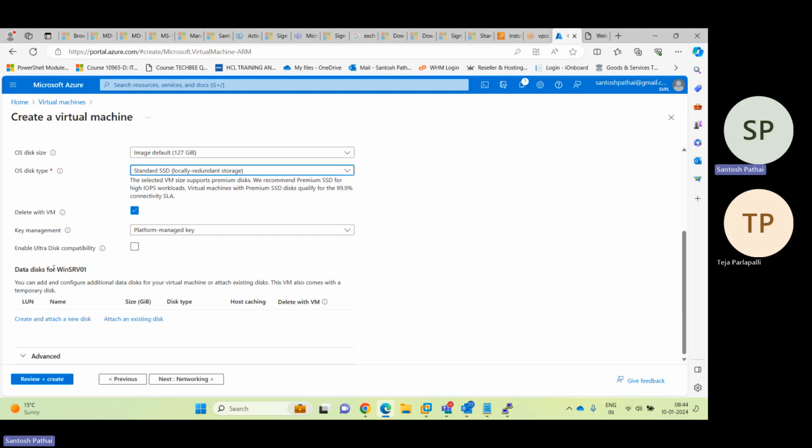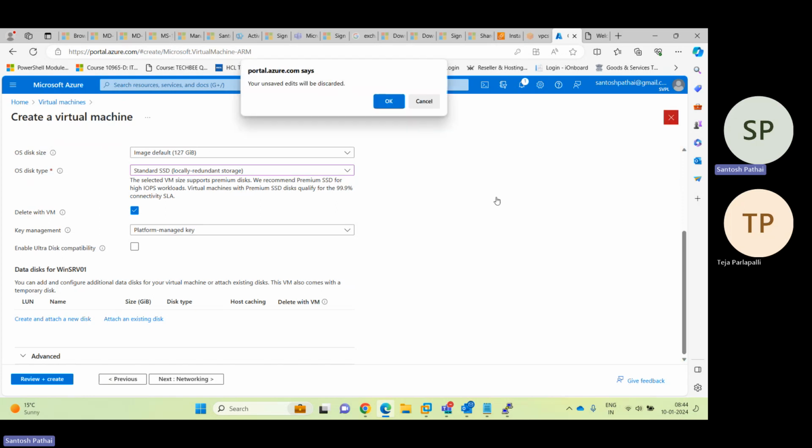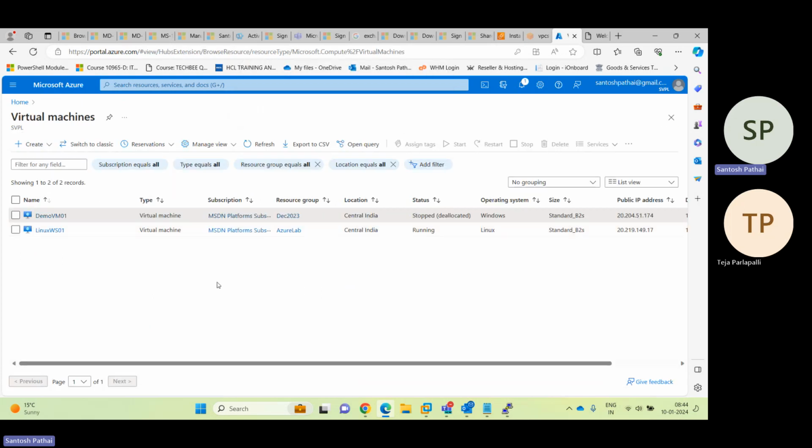Now here we have data disk. So I can create and attach, or I can attach an existing disk. I'll say attach an existing disk. So it will be available in the list. You can see the data disk name was data disk and size of 40 GB. I'll select the disk. Now I can attach it directly. And this is how I can attach my existing disk to any new virtual machine